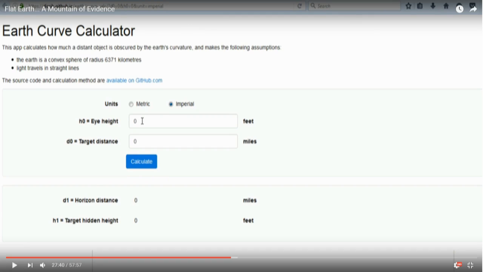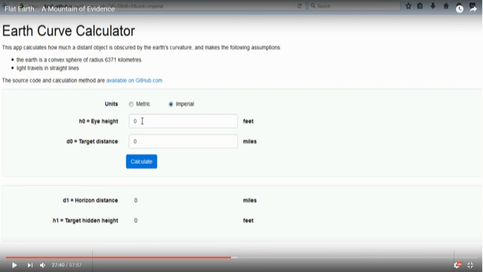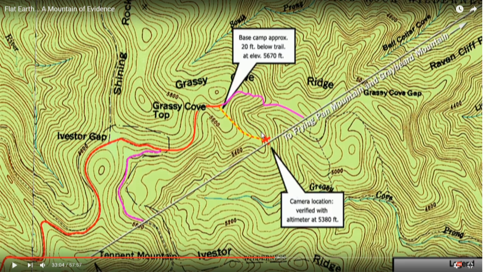In fact, many times throughout the entire video he mentions line of sight, but seems to forget about it in his conclusions. Then, of course, he used the Earth curve calculator, and then this wonderful slide about how to calculate the curve of the Earth. But honestly, if he knew how to use this at all, he wouldn't have to use the Earth curve calculator. Anyway, he outlined this neat little trick that he did in the Blue Ridge Mountains, and he seems to always want to point out Tennant Mountain, which you will find he is standing on at no time throughout the entire video. However, it does line up to a neat little spot that he seems to have drawn onto this map,